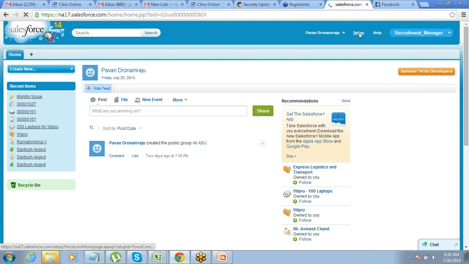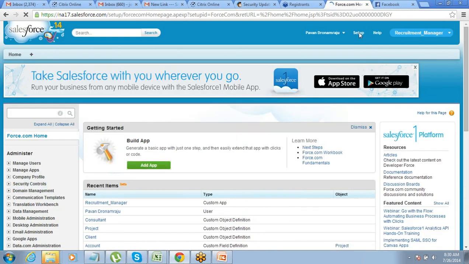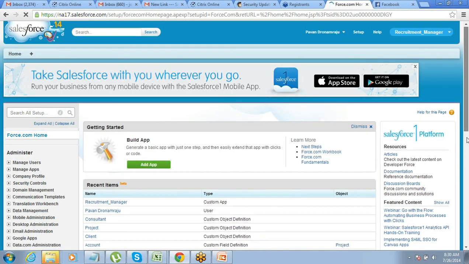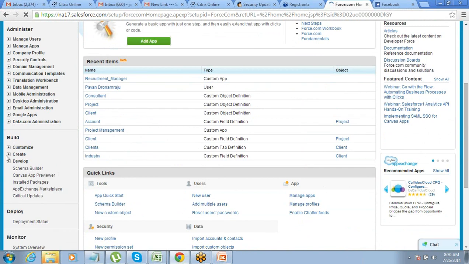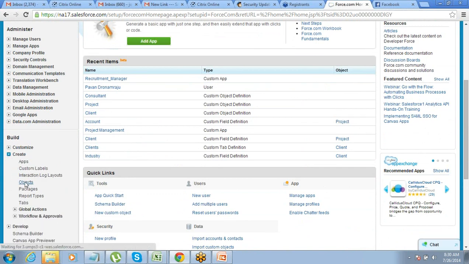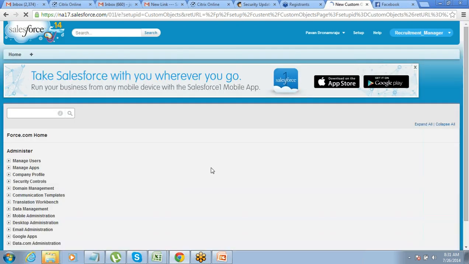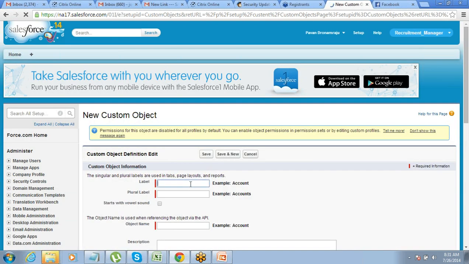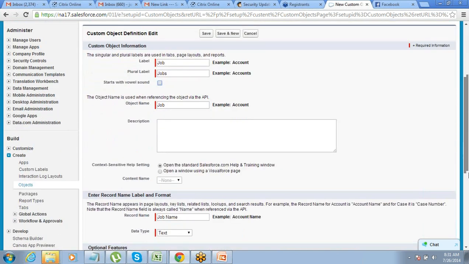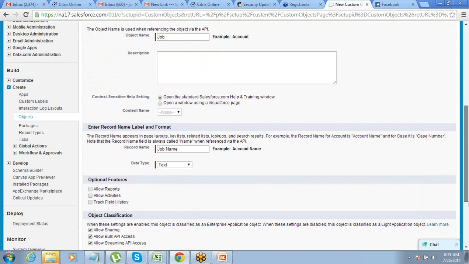Go to setup, go to create objects. This time you will not go to apps, this time you will go to objects. Click on new custom object, give it a name, jobs, scroll down.